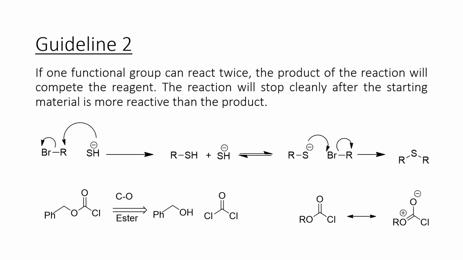अगर तो starting material product से first product से ज़्यादा reactive है तो हम उस reaction को stop कर सकते हैं। इसके लिए हमें ऐसे substrates या ऐसे reagents यूज़ करने पड़ेंगे जिसके नतीजे में जो फर्स्ट प्रोडक्ट बनेगी वो दोबारा से रिएजेंट के साथ या दोबारा से स्टार्टिंग मटेरियल के साथ रिएक्ट ना कर सके और हमारा रिएक्शन फर्स्ट स्टेप पे ही स्टॉप हो सके। तो इसके लिए एक एग्जांपल है बेटे,